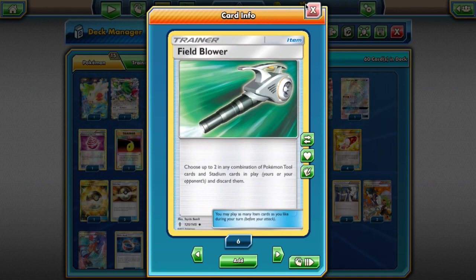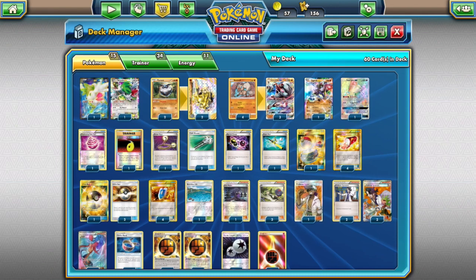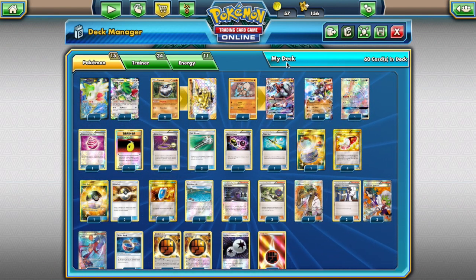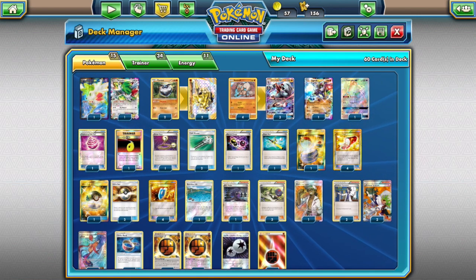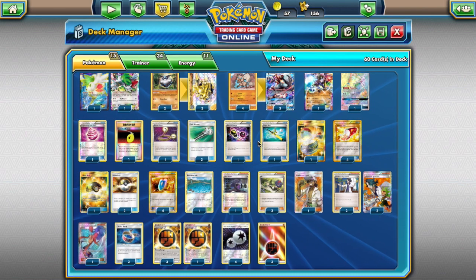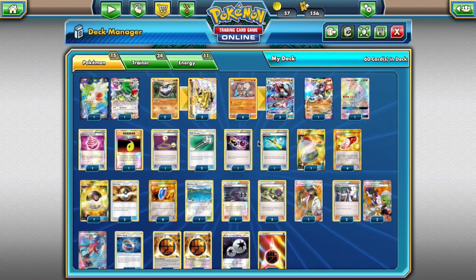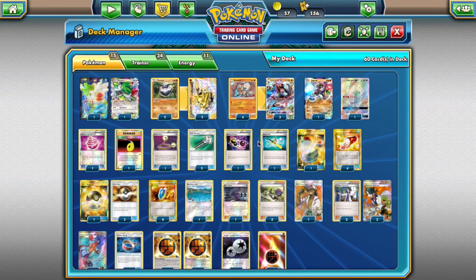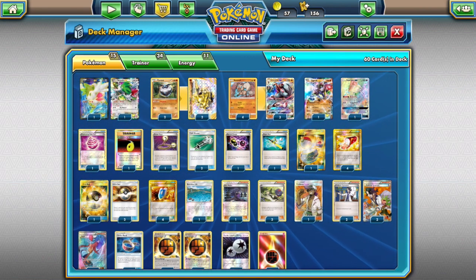There's really not a stadium that works with Lycanroc. You don't want to play Parallel City because you don't want to limit your opponent's bench size. You don't really want to play Scorched Earth because we only play 3 basic fighting energy. So that's really not the best stadium to play. There's really not much you can play, so we do play 2 Field Blower to get rid of our opponent's stadiums,